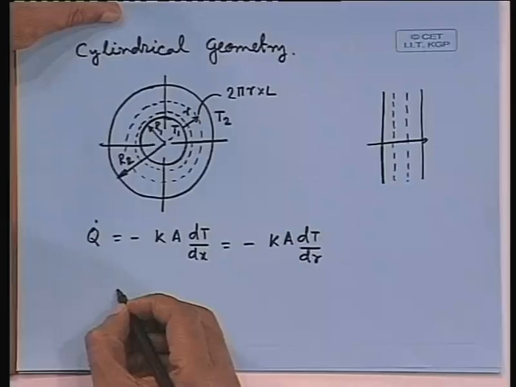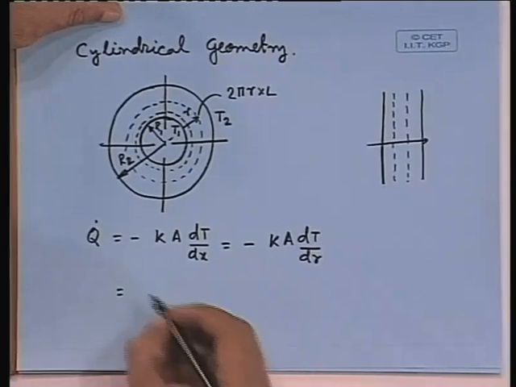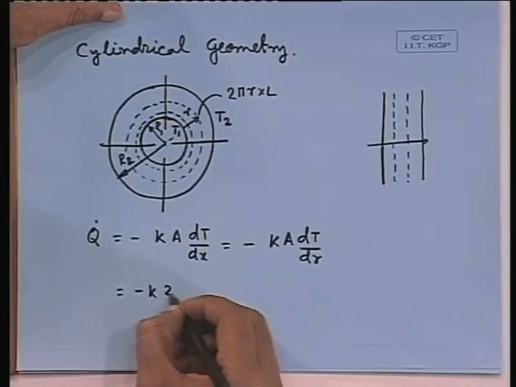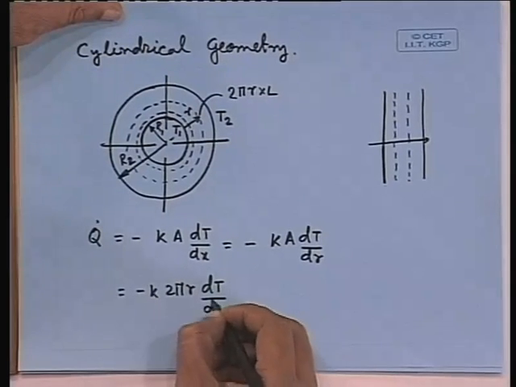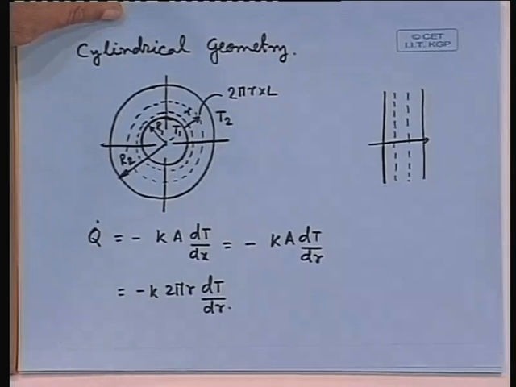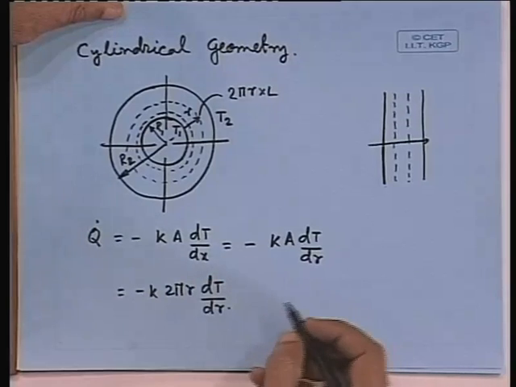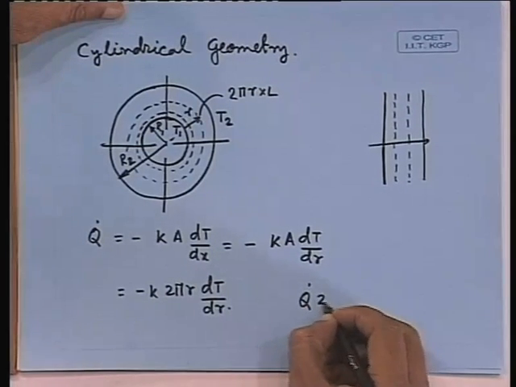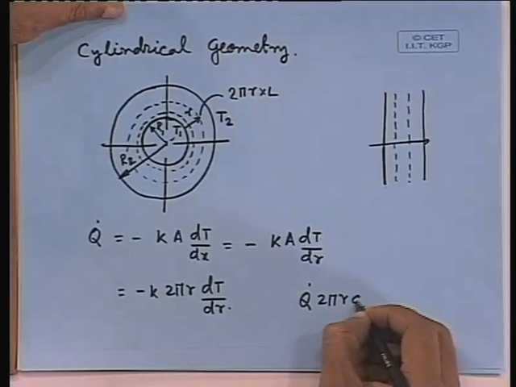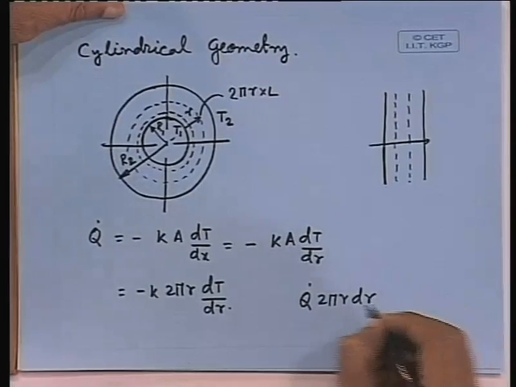So, sometimes it is done like this. All right. So, if we do this, then we will have minus k into 2 pi r dT/dr, and then we can have the integration,